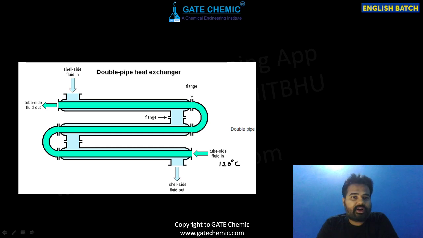And as you asked, sir, why are we giving hot fluid from the top? One reason you can say is that when it goes towards the bottom, its temperature drops, and if the temperature drops, its density increases, and it will help in natural flow pattern. If you give hot fluid at the top, as it comes down it becomes lighter. Okay, so this can be one reason.